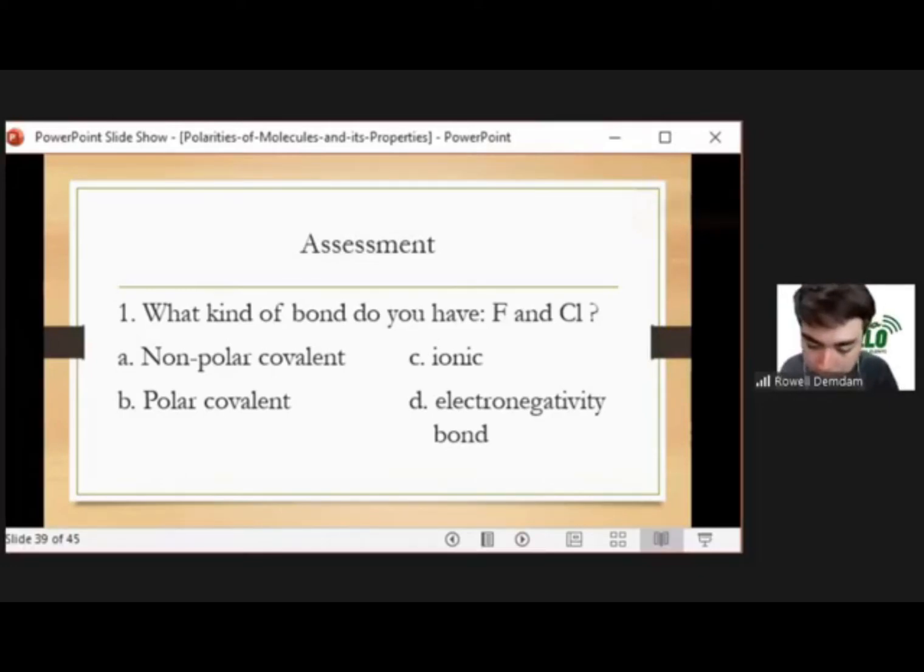Okay, very good, Maria Dolores de la Cruz again. So she says the correct answer is polar covalent. And yes, it is polar covalent, the type of bond that you will get when you have fluorine and chlorine. Okay, for number two,